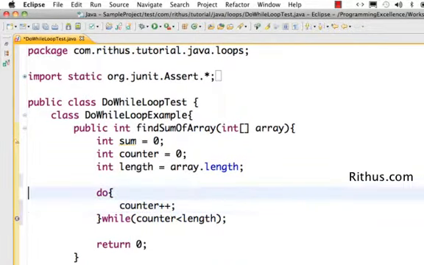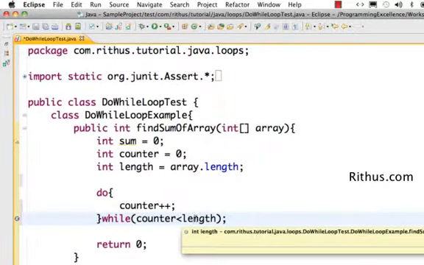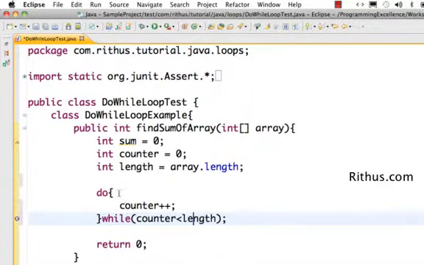When it first comes in, the counter value is 0, counter plus plus happens so the counter becomes 1, and it compares the condition. Counter less than length, which is 3 or 4, is still true, so it goes again to the body. It continues looping until counter less than length becomes false. Once that happens, it goes out of the loop and returns whatever we have defined.